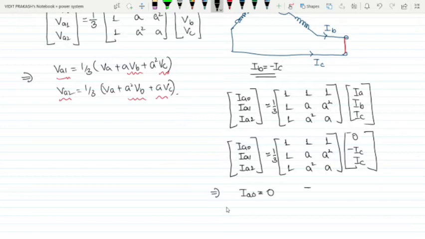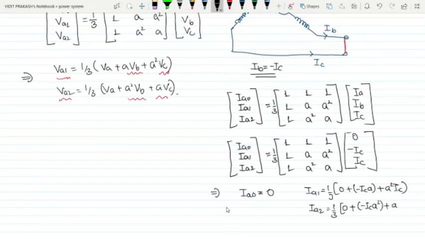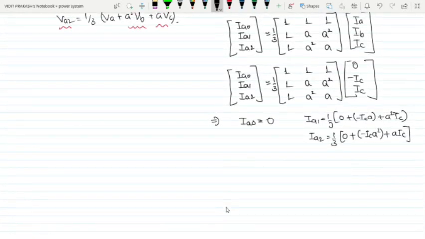What will be IA1? IA1 will be equal to 1 by 3 into 0 plus minus IC into A minus IC into A square. What will be IA2? IA2 is equal to 1 by 3, 0 plus minus IC into A square plus A into IC. So we can tell that IA1 is nothing but minus IA2,